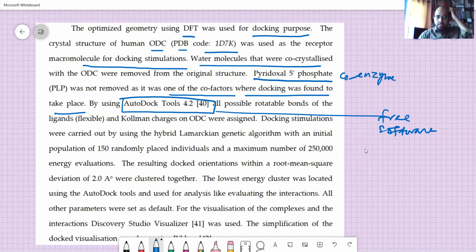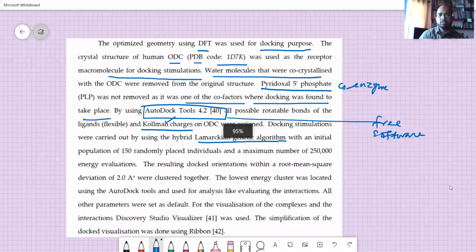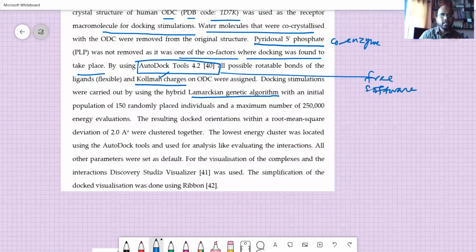And some of the protocols of the experiment were giving the Gasteiger charges or the Kollman charges. I have chosen Kollman charges because they were very productive and they explain many things. Docking simulations were carried out using the Lamarckian genetic algorithm. This is a method, and you don't need to bother about all this. Once you go to the docking work, you will have the methodology there. So using the methodology, you can just go over these things, and then finally I used the Discovery Studio Visualizer.